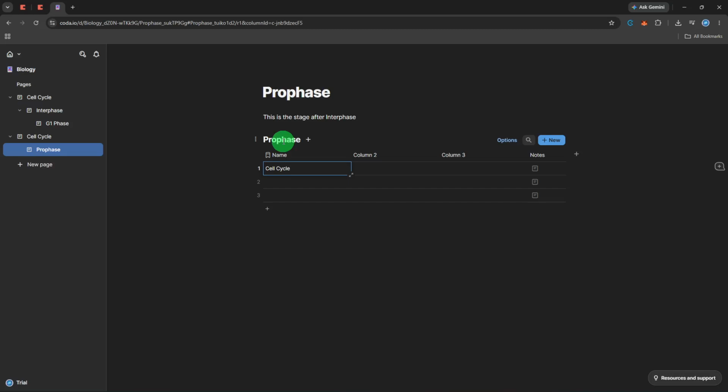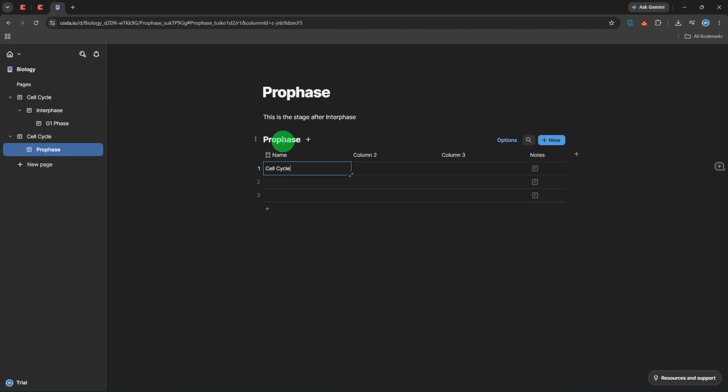But here's where things get really powerful and a bit different from a standard spreadsheet. You can change the column type for any column by clicking on the column header and selecting a different type from the menu that appears. For example, if you have a column for dates, change it to a date type, and Coda will let you pick from a calendar, format it nicely, and even use it in time-based calculations. If you need a checkbox for completed tasks, change the column type to checkbox. For drop-down menus or select lists, choose select or multi-select. This not only makes your data cleaner and easier to enter, but it also unlocks automatic sorting, filtering, and formula